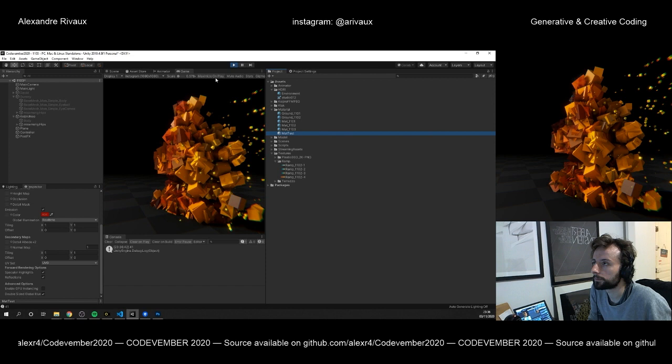The emissive multiplier really brings some depth to the shape. Okay, and right now maybe we can just